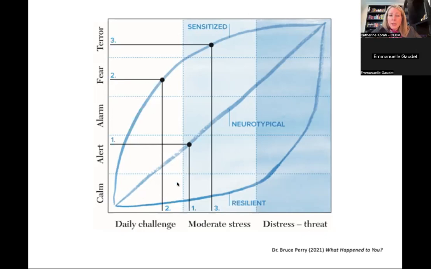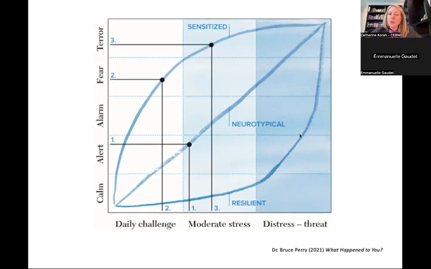If we look at the white column, we're almost at the place of terror, depending on the child, even within the category of daily challenge. And so we can see the difference between the neurotypical and the neurodiverse, how the limbic system, the emotional section of the brain, how it's the amygdala that is responsible for this, and the amygdala will react, and the person will become dysregulated much more easily given the differences in their bodies and their brain.